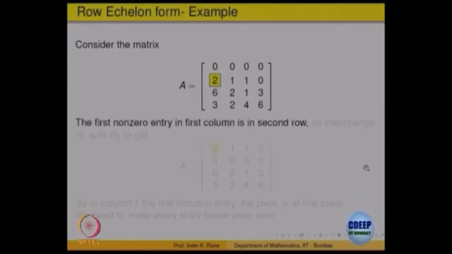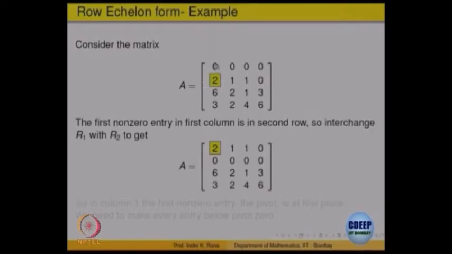So, let us do that. Once you interchange the second row with the first row, the 2 goes up. So, you get 2 1 0 as the first row, and 0 0 0 comes at the bottom. So, the first entry in the first row has become non-zero. The first row is a non-zero row. Now, once again what we do is, in that column everything else should be made 0. So, this is the pivot. Below the pivot everything else should be made 0.